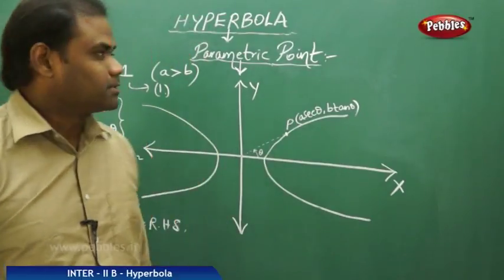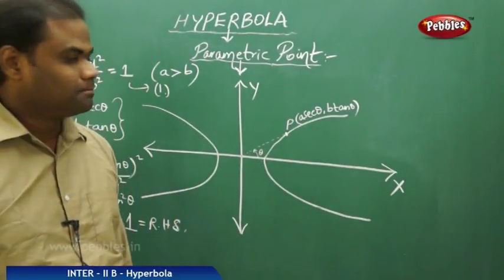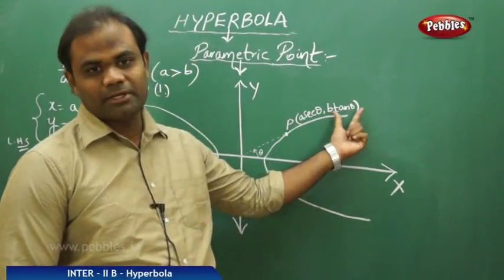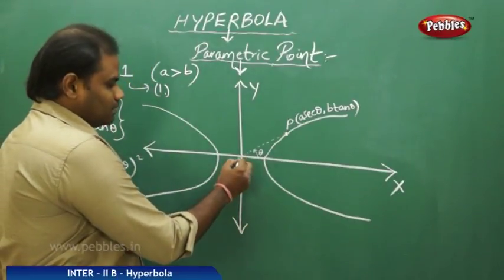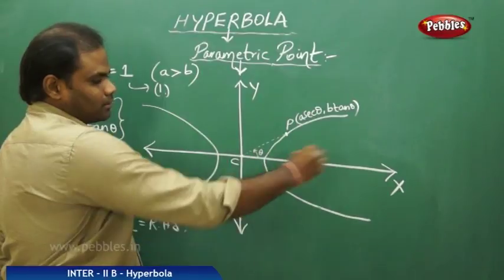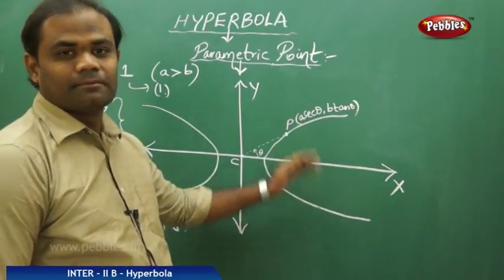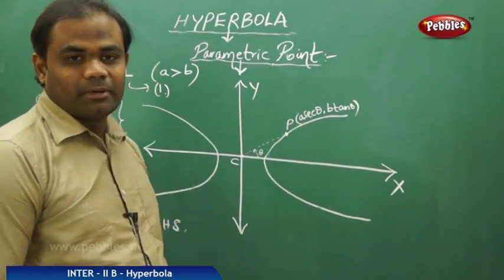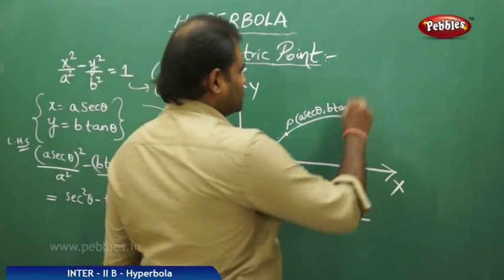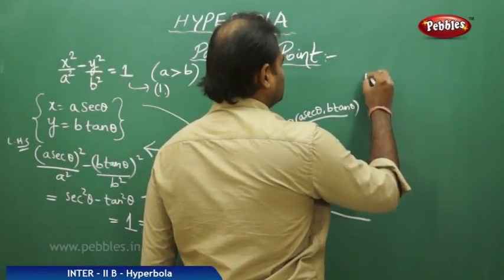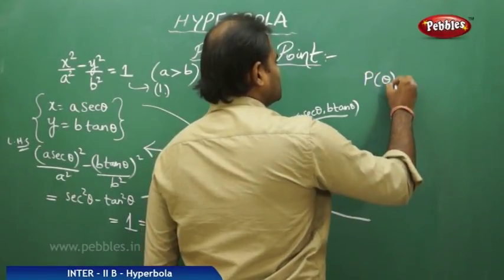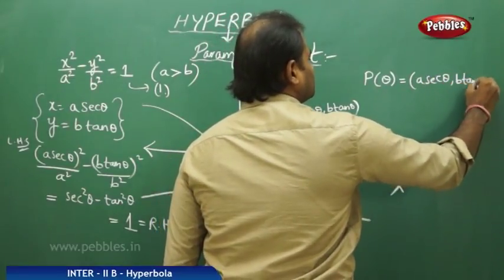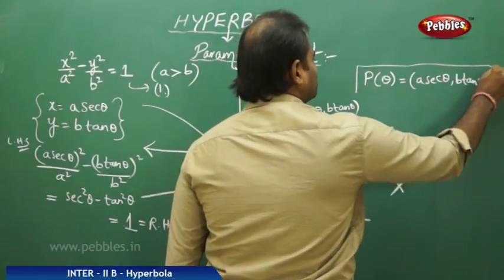Now let's discuss the parametric point of the hyperbola. As we know, the point on the hyperbola can be taken as coordinates a secant theta and b tan theta, where theta is the angle made by the center of the hyperbola with the point along the x-axis in the anti-clockwise direction. So this theta connected with the coordinates of P, or any point on the hyperbola, is very much connected with the parametric point. A point which is taken generally in the form P of theta, which is a secant theta and b tan theta, is called the parametric point